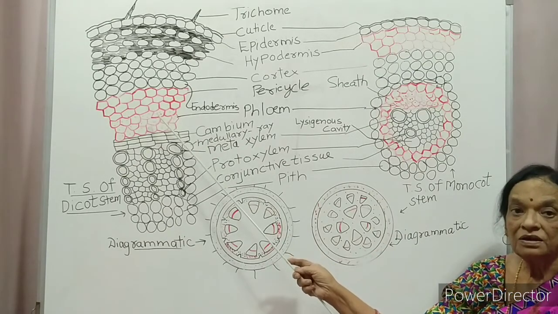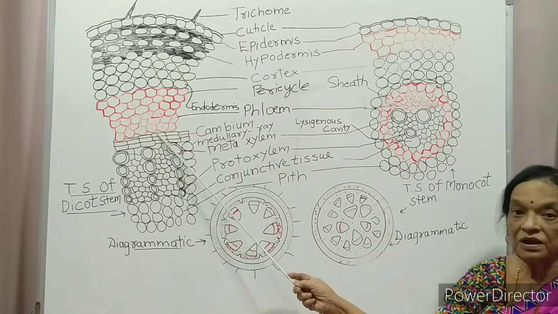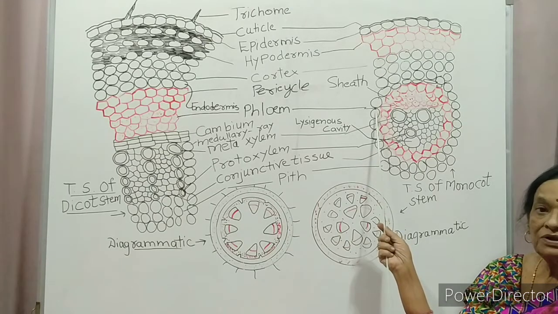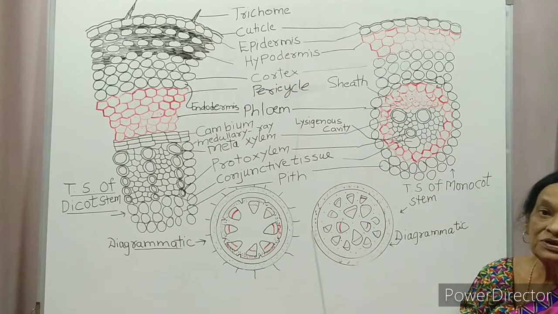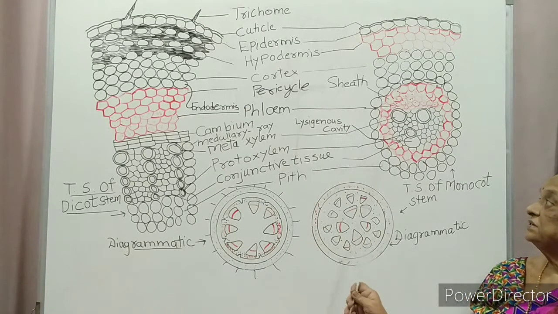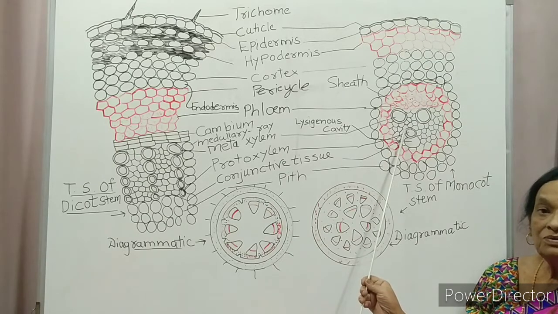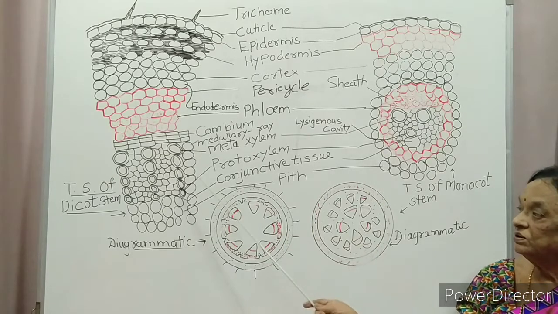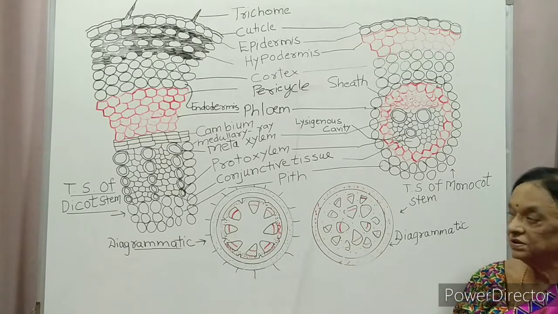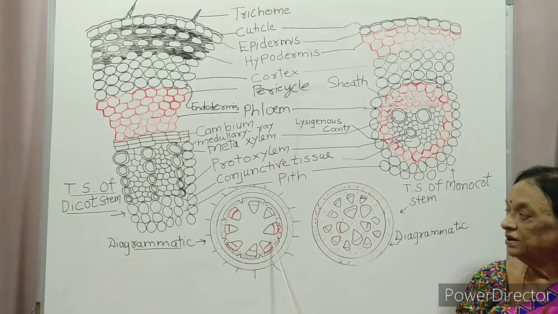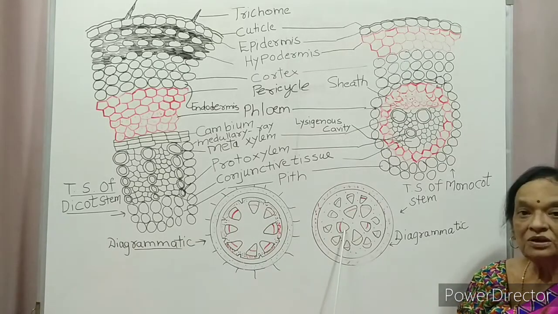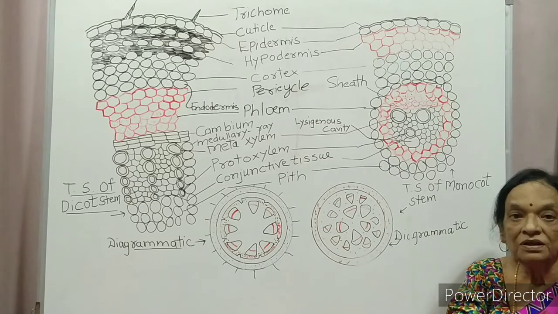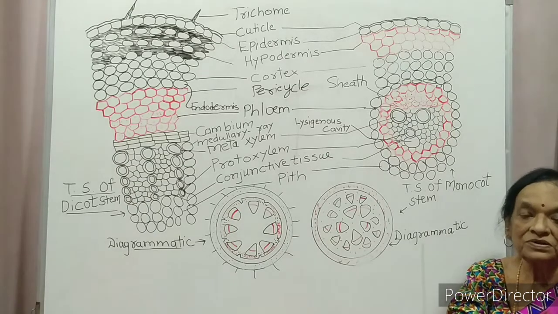Vascular bundles are conjoint, collateral and open, having cambium. Vascular bundles are conjoint, collateral and no cambium, so it is called closed. Then the lysigenous cavity is formed due to disintegration of the lowermost protoxylem. Here no such lysigenous cavity. Vascular bundles are arranged in a ring. Here vascular bundles are scattered. So whenever you learn this chapter, learn the similarities and differences.